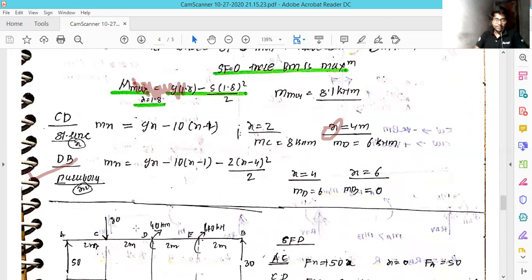And now we move to the CD cross section. In the CD cross section, the entire cross section will remain the same. The only thing that changes is that in the CD cross section there will be no extra forces in this equation. The only change is 9 Newton meter multiplied by x minus